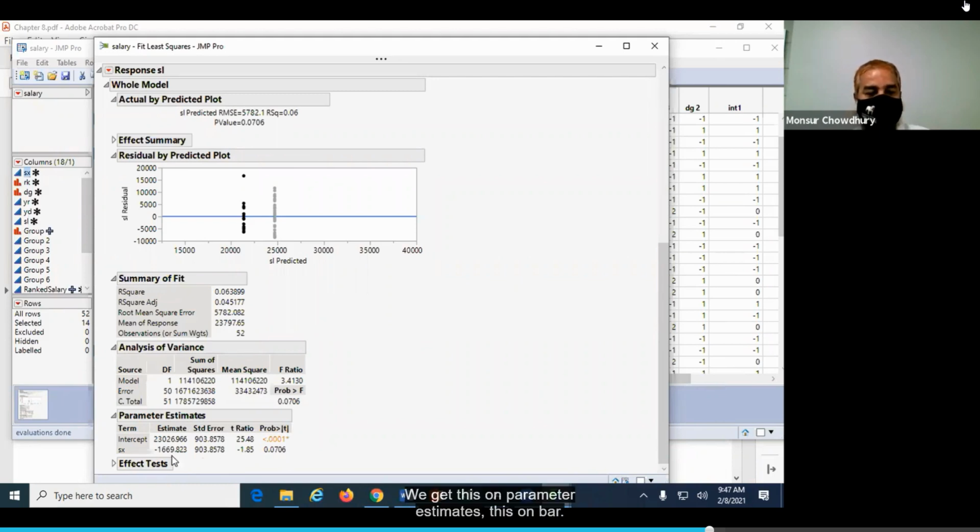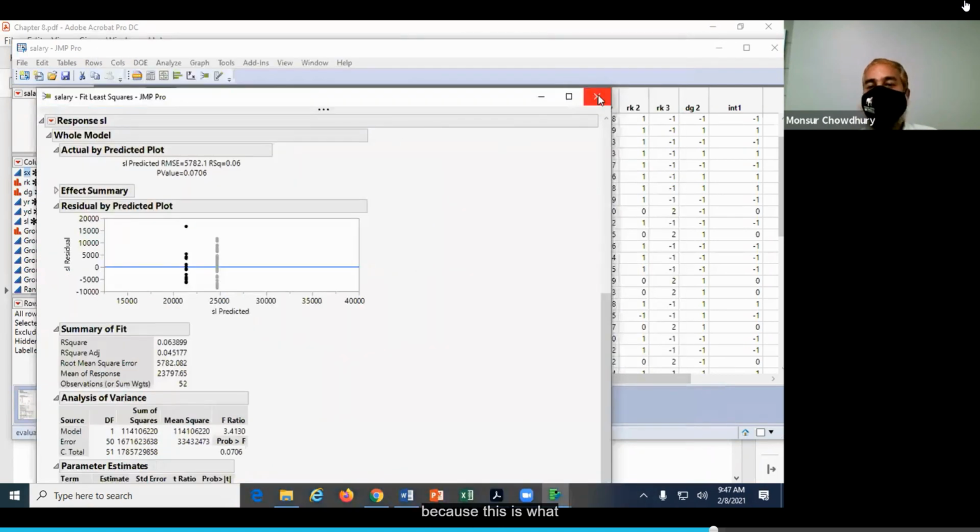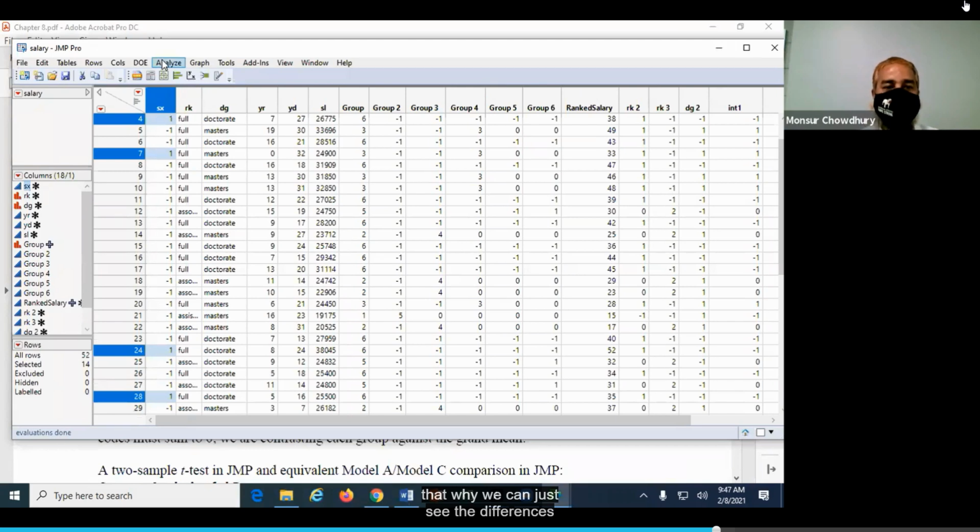Okay, now we get this parameter estimates output, but this is for the continuous variable. Now if you go back to categorical variables, because this is what I will show you when we have multiple categories. But with two categories, I will show you why we can just see the differences.